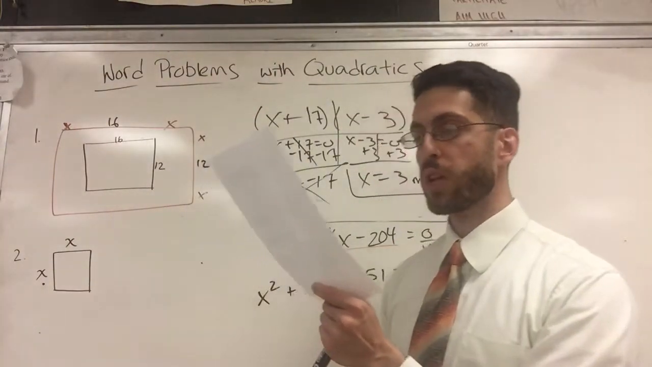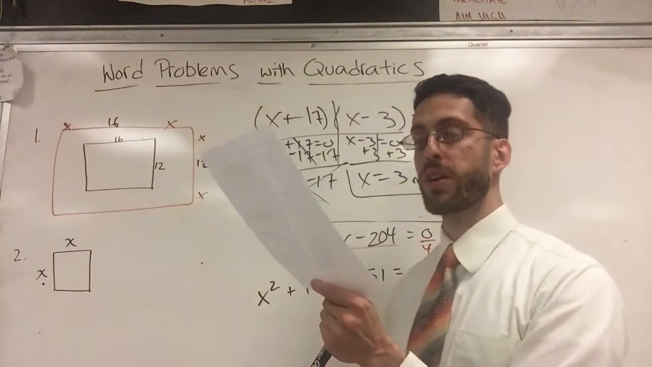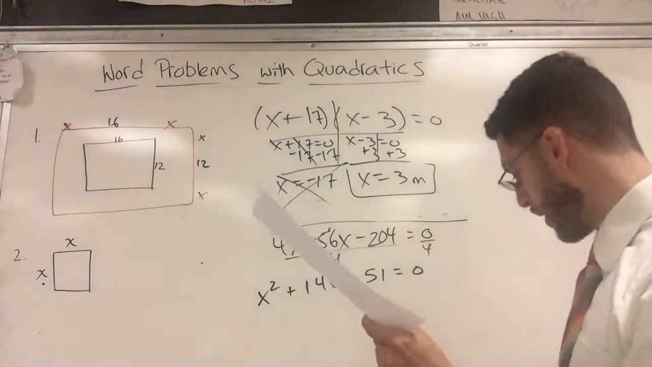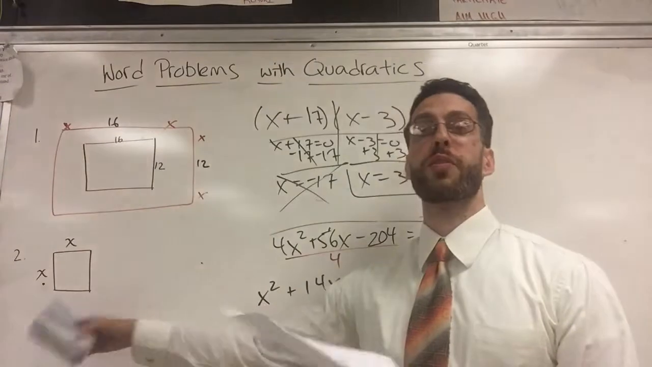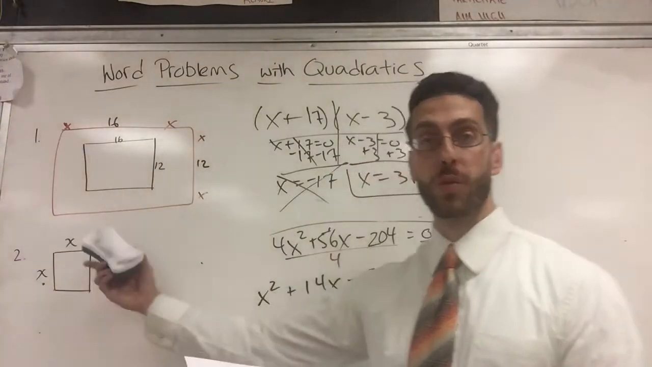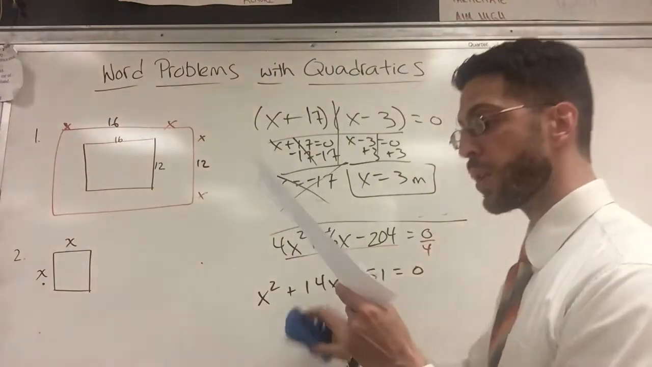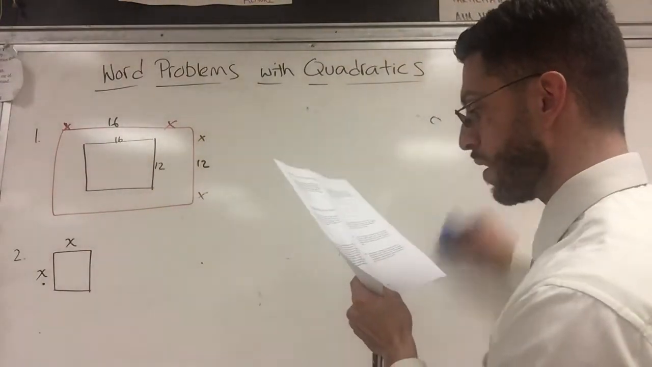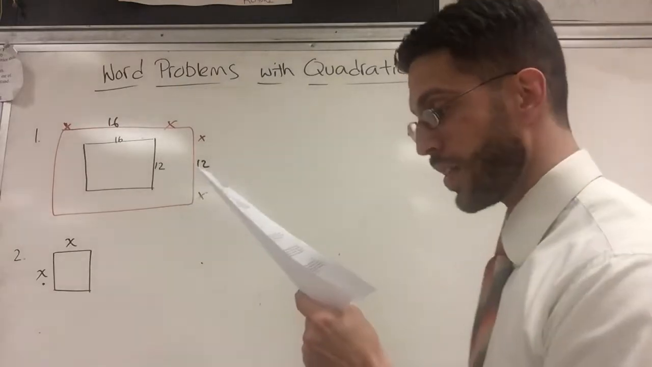So it says, New Clarendon Park is undergoing renovations to its gardens. One garden that was originally a square, so I drew a square, and the first thing I know about a square is all the sides are the same. So if one is x, the other one is x. Length and width are both x. The garden that was originally a square is being adjusted so that one side is decreased by 3 meters and the other side